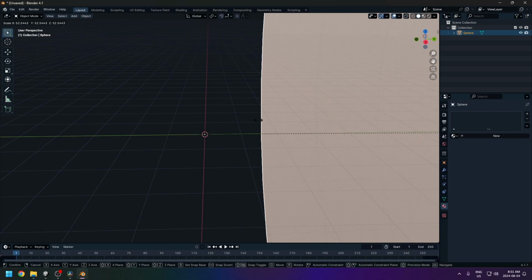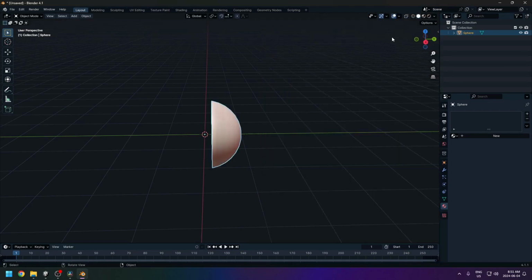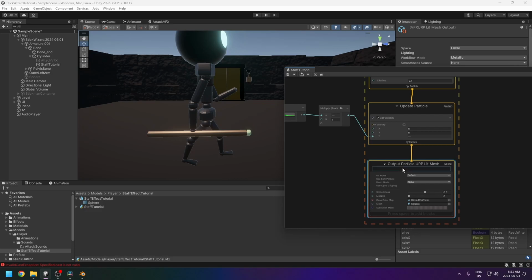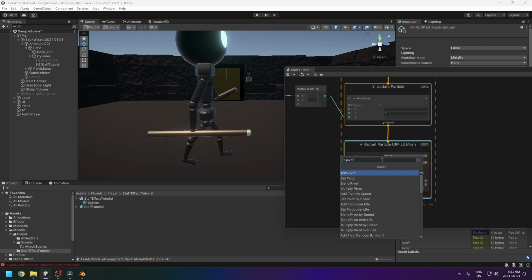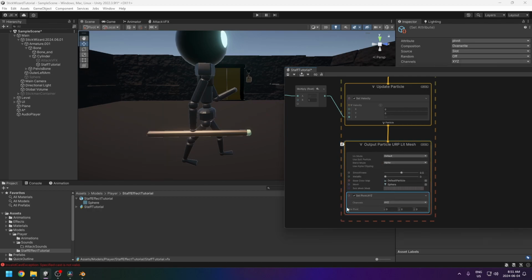You can see that there's a gap here, right? There's a gap. Well, that's happening in Unity. So then we need to set the pivot to move. You could fix the model if you wanted to and just re-export it, or you can set the pivot. It doesn't matter. So just set pivot. And then